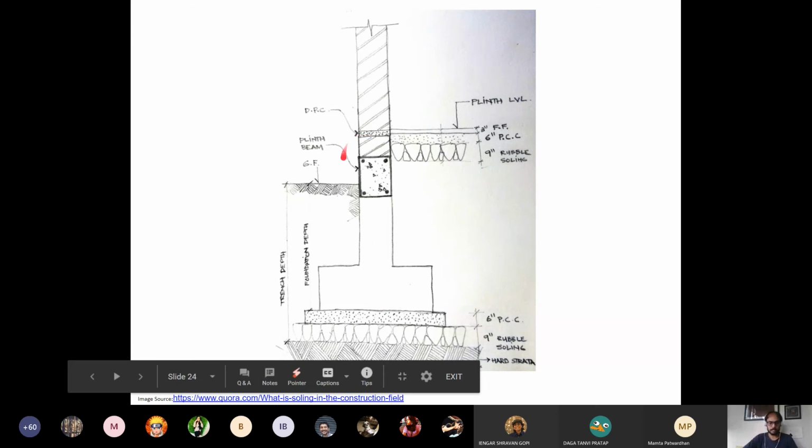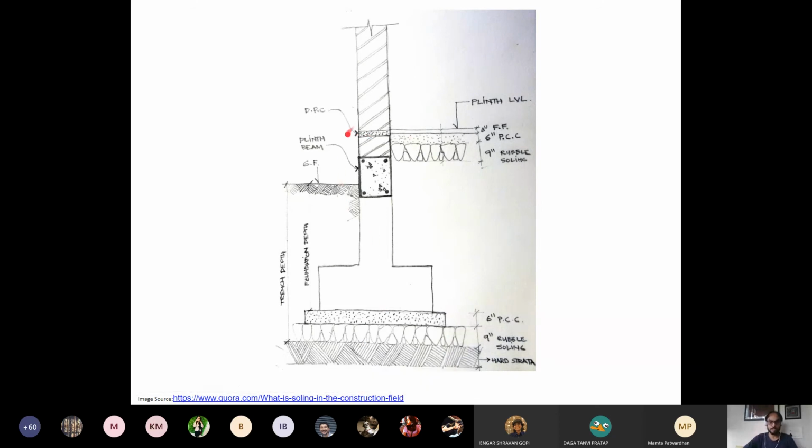I'll discuss the plinth beam and the foundation and the plinth in detail together. There are also elements called ground beams, which are put in case the foundation goes much deeper and the entire column has to be extended. You also introduce a ground beam, which keeps the column from bending.